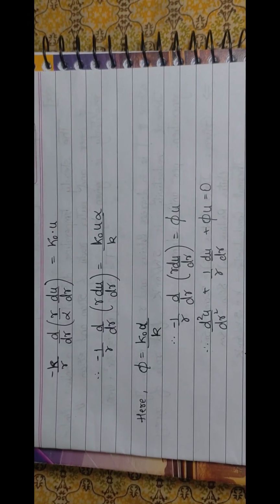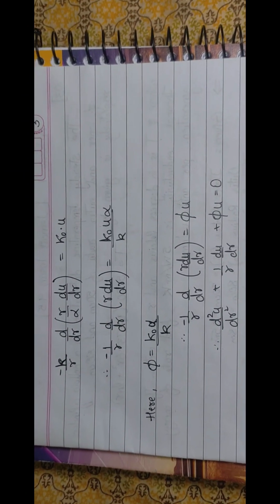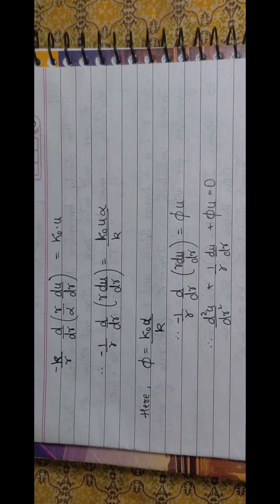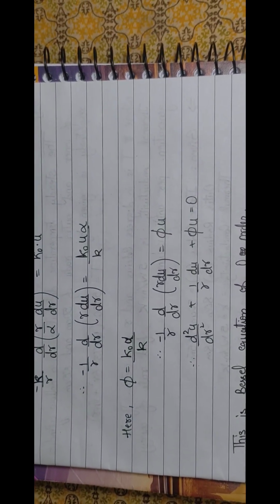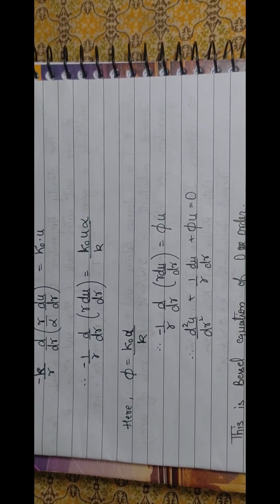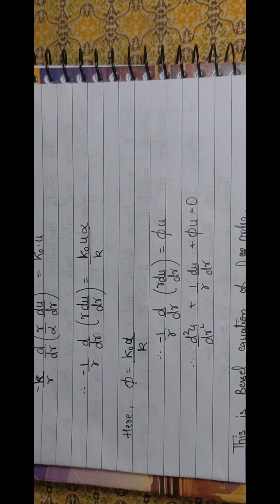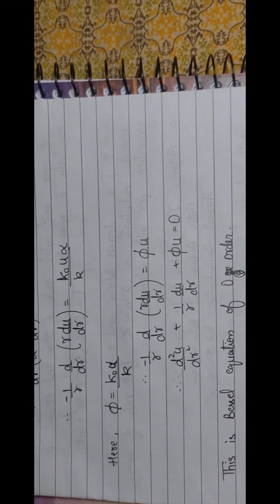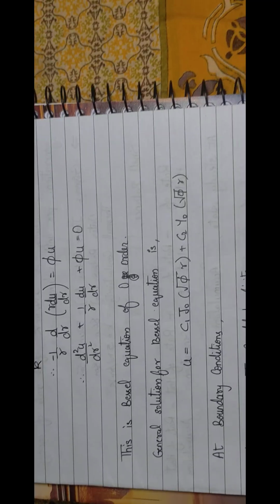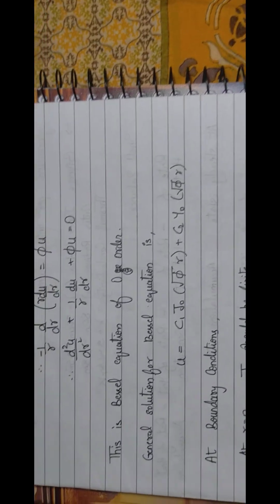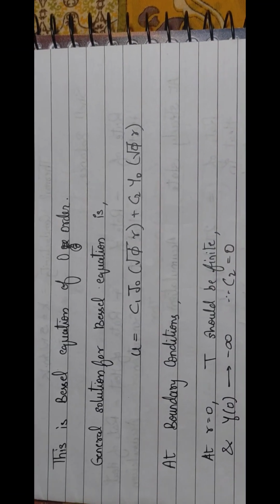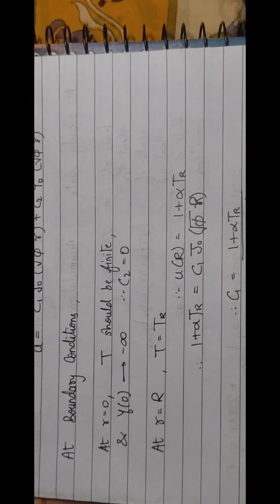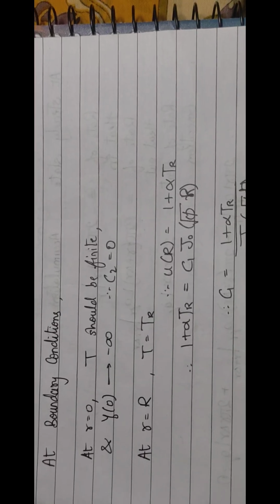Upon integrating, by rearranging, here we also have one more equation given in the question, that phi is equal to k naught alpha by kappa, or not kappa, the conductivity, sorry. And after substituting all these equations, we get a second order differential equation. This is the Bessel equation of zero order. The general solution for this Bessel equation is this, as we can see, and upon applying the boundary conditions,